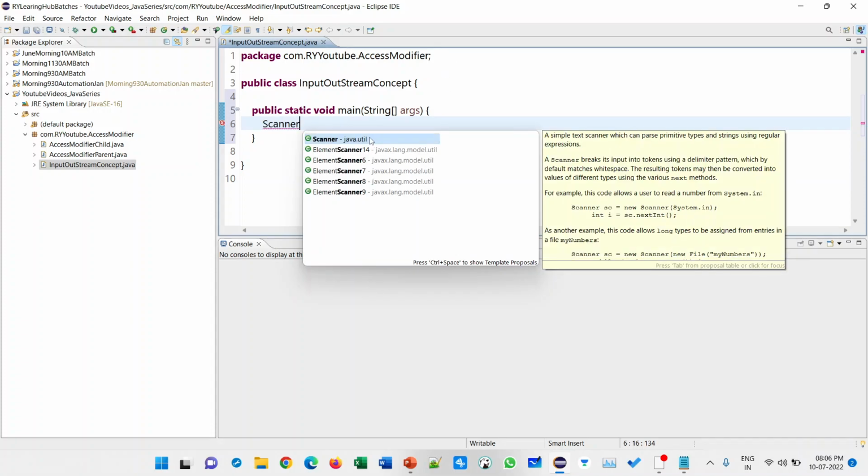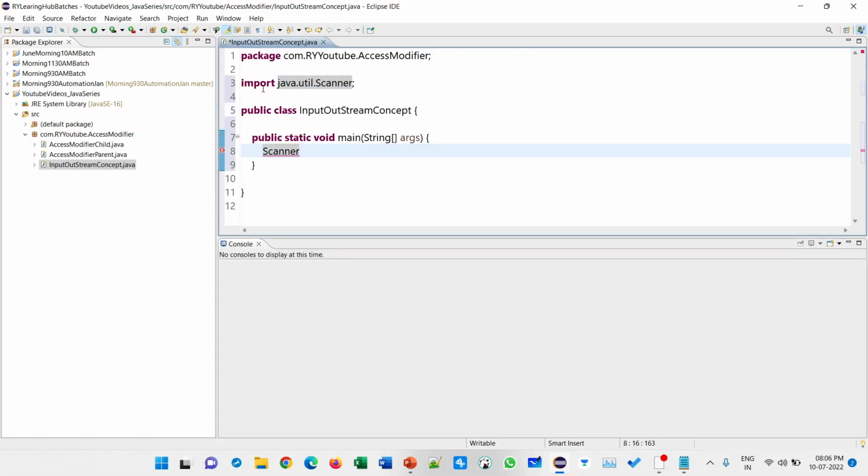Scanner class is located under the java.util package. The import keyword indicates the address of the class. So java.util is the address of the Scanner class. This is a package name, this is a class name.